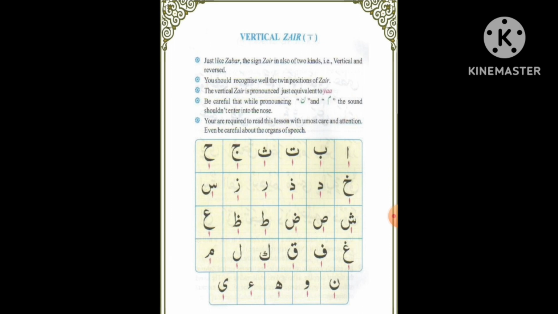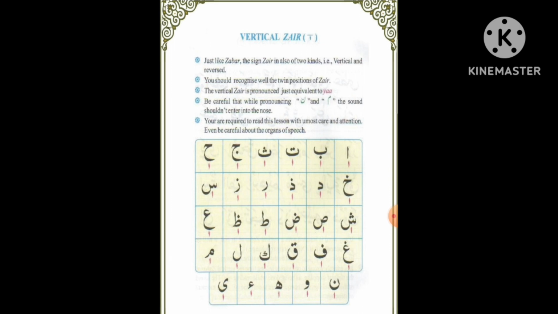Sa khadi zair si, jim khadi zair ji, ha khadi zair hi, kha khadi zair khi, dal khadi zair di. Sorry, again I'm saying khadi zair. It's vertical zair. Yes, khadi is said in Urdu. In Urdu the vertical means the khadi. That's why I'm saying khadi. So kha vertical zair khi, dal vertical zair di, zal vertical zair zi, ra vertical zair ri, za vertical zair zi,